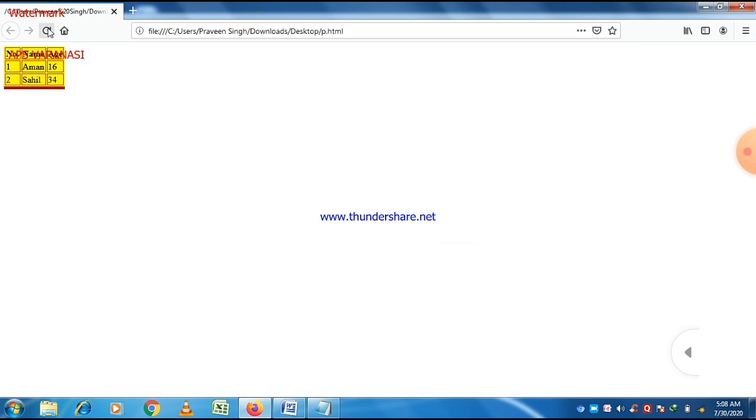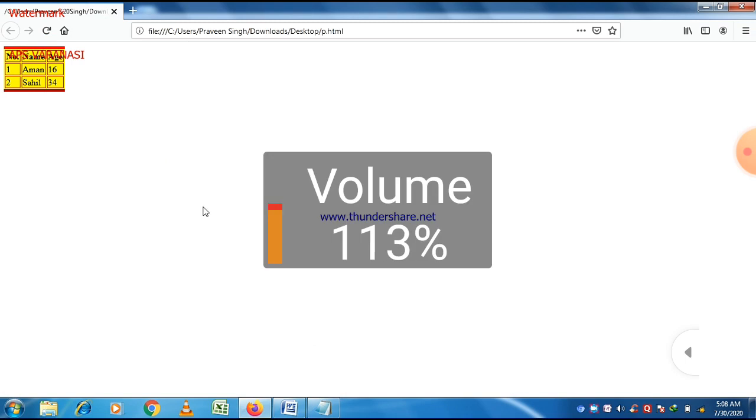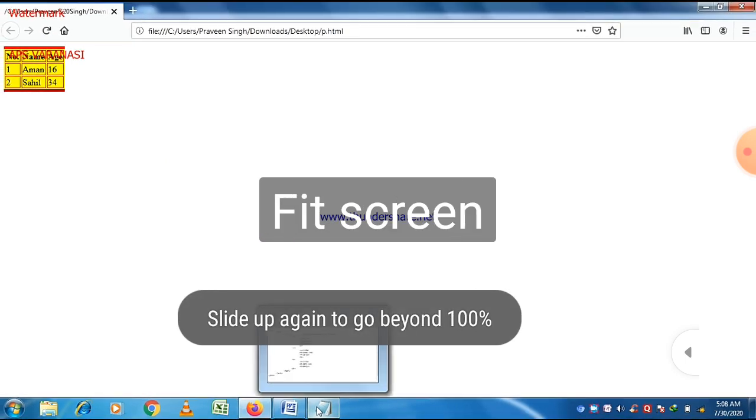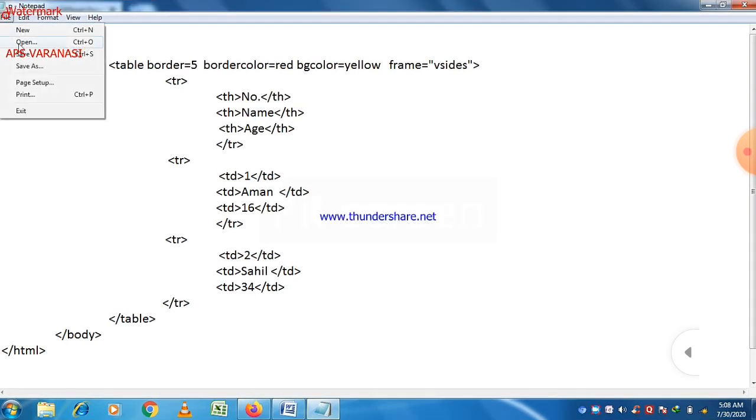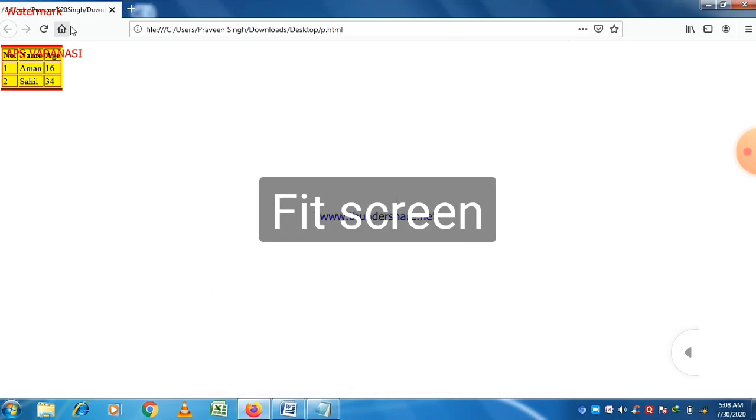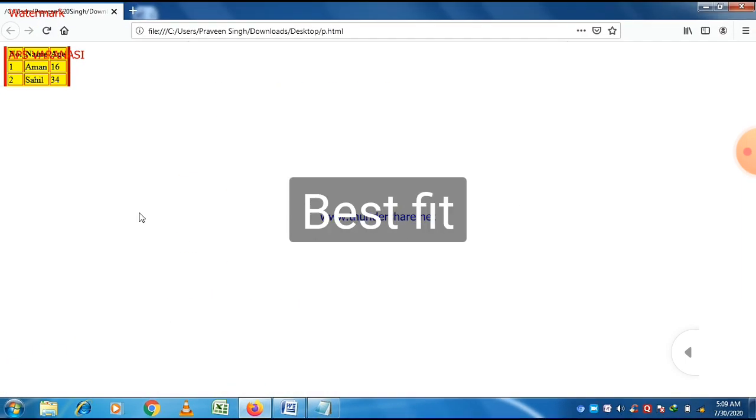You can see that both upper and lower sides are visible here. Both upper and lower borders are visible here, and above and below both work here. Now just refresh the web page.